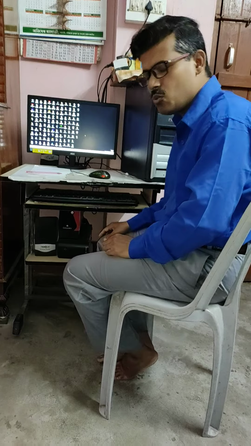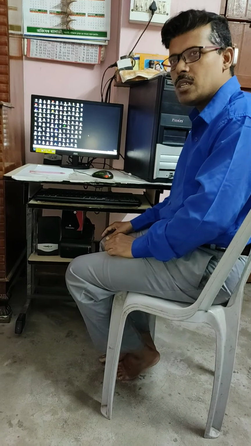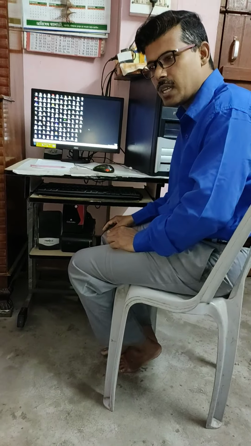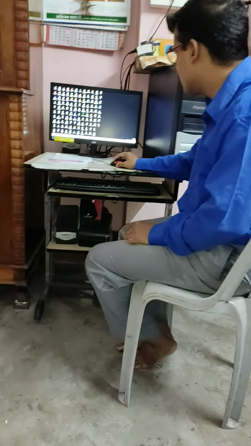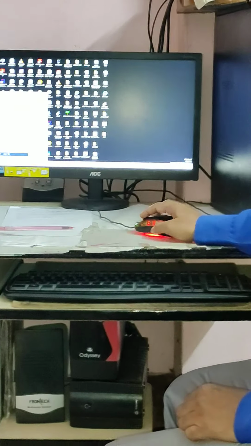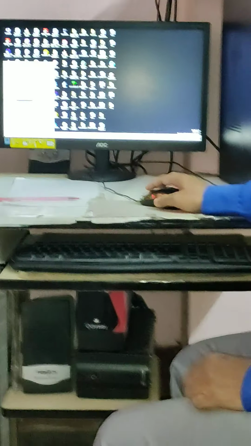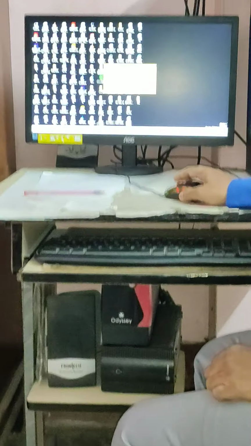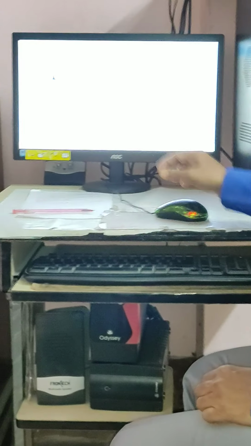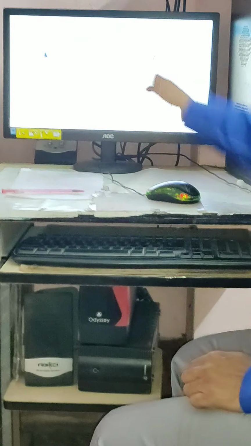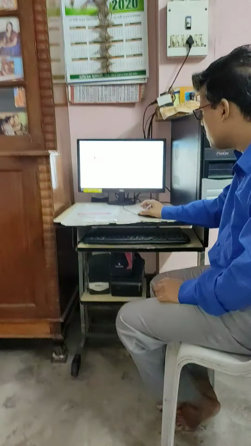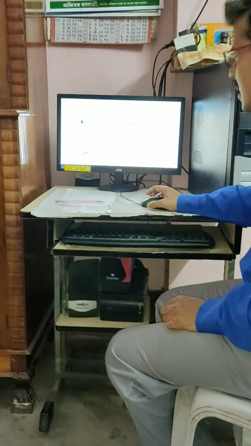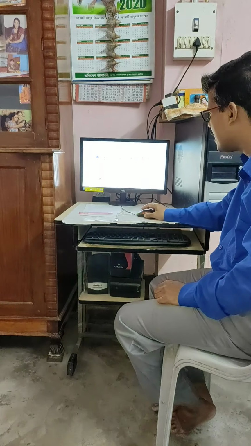First we have to move to Microsoft Office, and there we can find MS Access. So let's follow. From all programs you will get Office, and then Office Access. This is the first page of Microsoft Access. Many options are given here. First you have to choose the blank database from here.